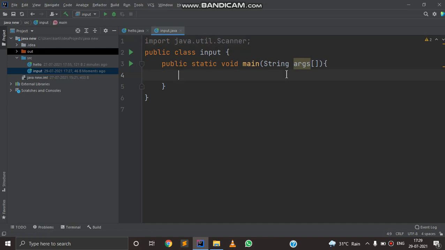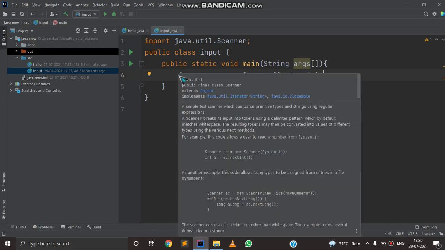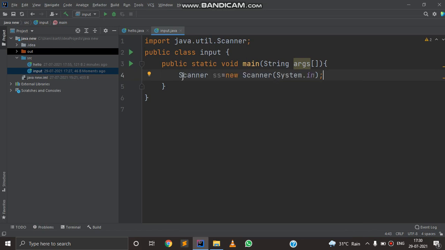Now we have to define this scanner class in our main method as Scanner ss is equals to new Scanner(System.in). As you can see, I have defined this scanner class in my main method and its object is ss. You can write anything in place of ss. I have initialized it as ss.